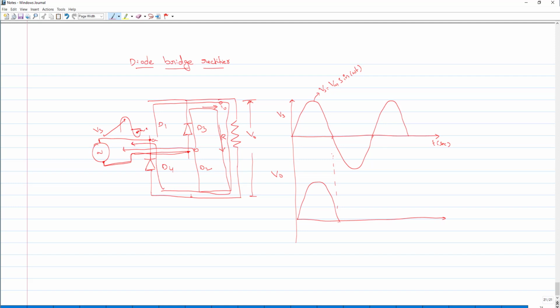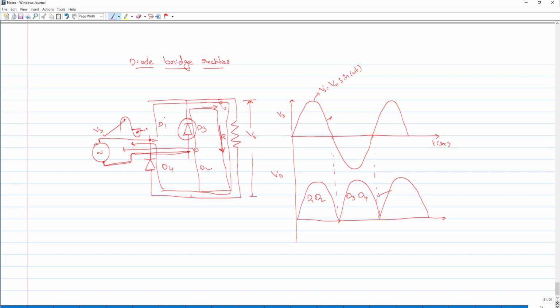So that means what? The current and voltage directions are same as previous, but earlier diodes D1, D2 were conducting. In this case, diodes D3 and D4 are conducting. Now let us observe. If this is the case, whatever our ultimate aim of rectifying the sinusoidal signal here, we are able to rectify the complete signal. And what is the peak inverse voltage of this diode?